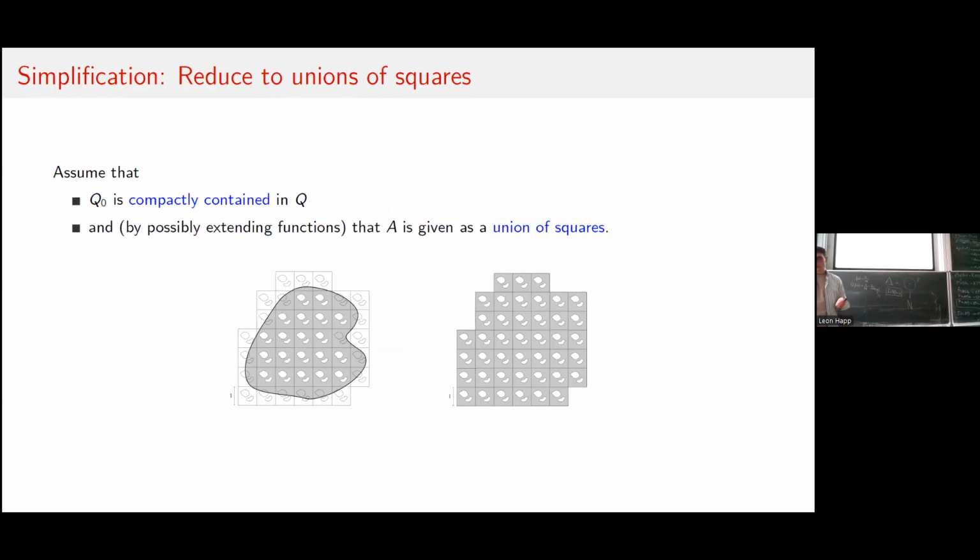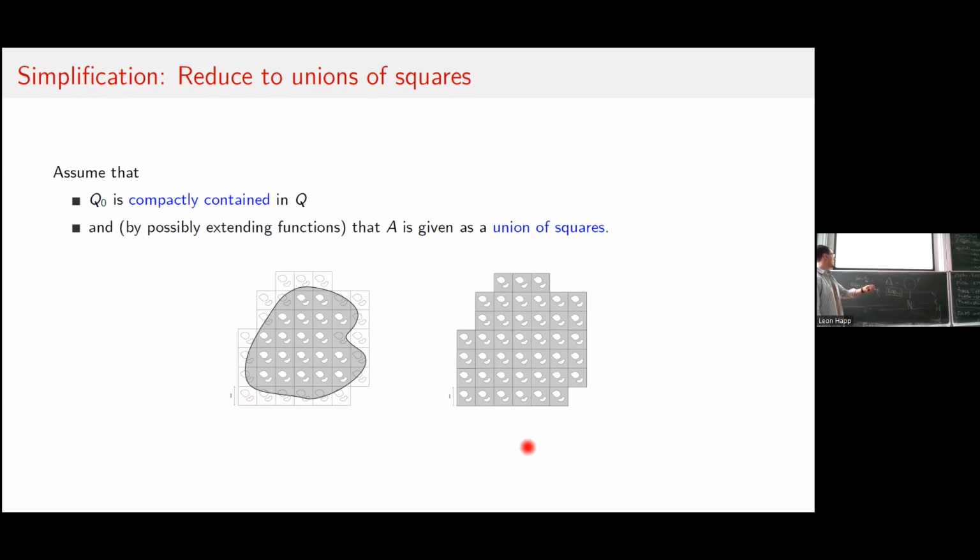Okay, simplification. So we now really assume that the voids are completely contained in the unit cube, because this makes computations now a lot easier. This is to circumvent kind of the difficulty one I told you at the beginning. You can deal with it, but the proof gets a bit more complicated, so I will avoid this here. And because we take out the holes intersecting the boundary, we can always assume that we can extend functions to the outside because the boundary is Lipschitz.